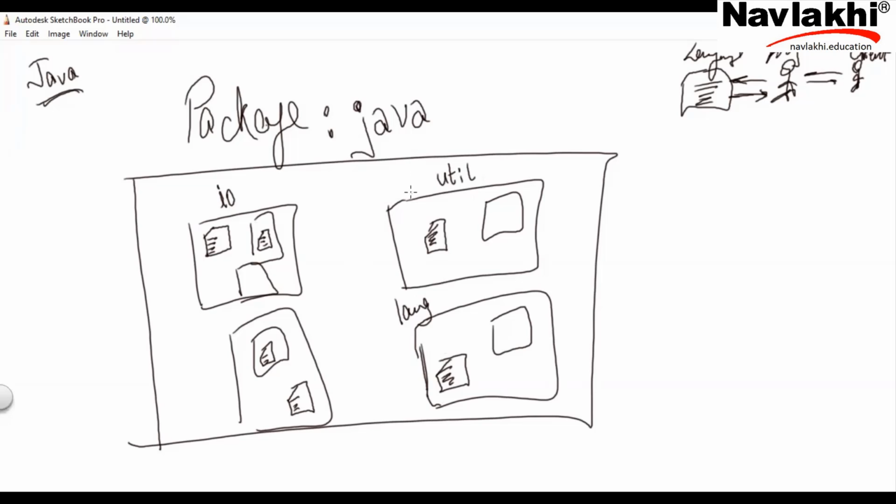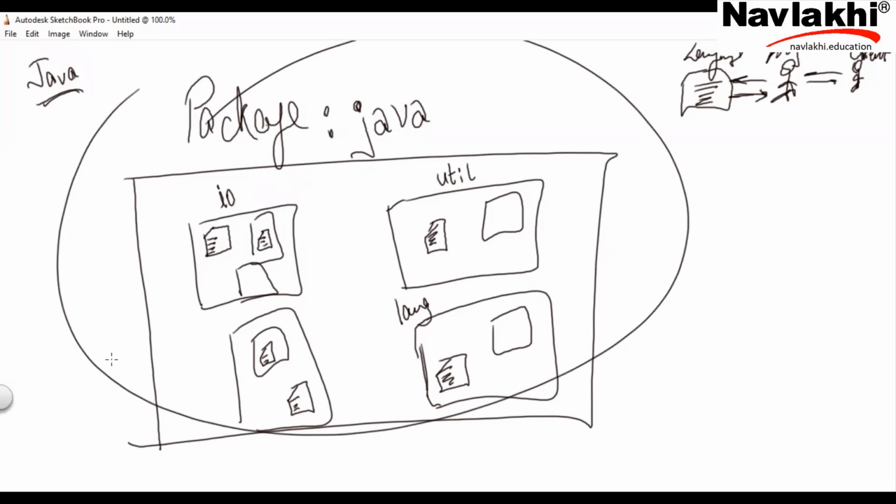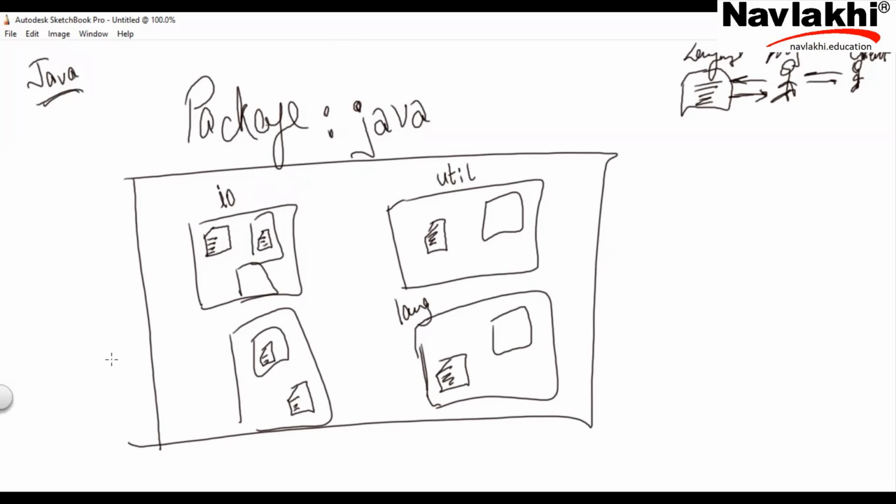And within this package, so what exactly is a package? Package means a collection of things. So from this, what can you say a package is? A collection of other packages and classes. That is a package. So where do we code? Do we code a package? Hold on. No. This is what is inbuilt, I'm saying. This is not what you are coding.